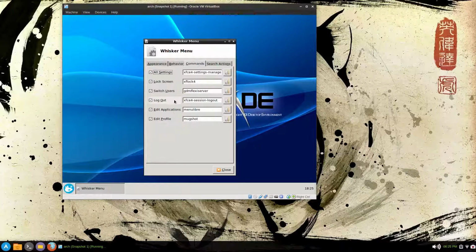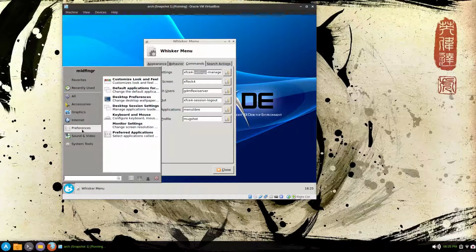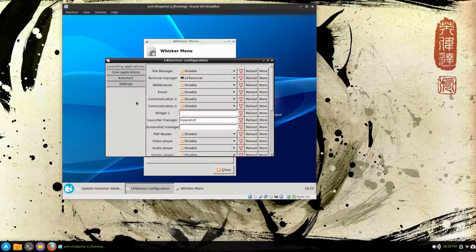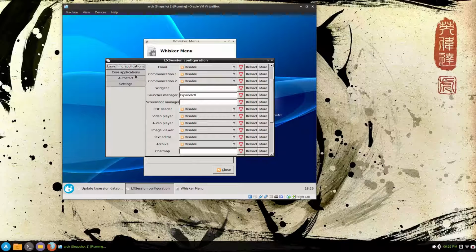And commands, obviously this isn't going to work because we don't have Xfce 4 session installed. And obviously the settings manager is not going to work because we don't have that installed. So we can go to our preferences and applications at start. And you can look through, for example,